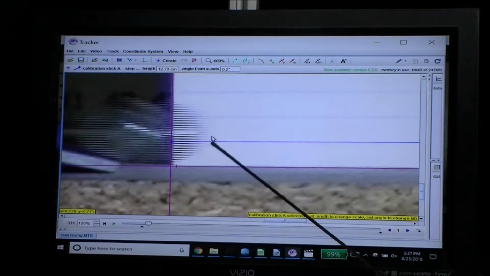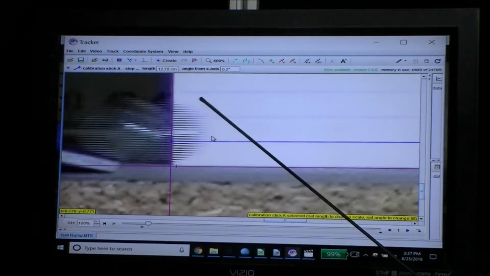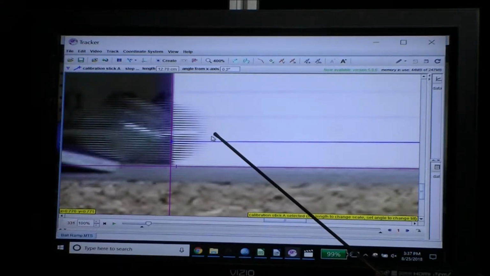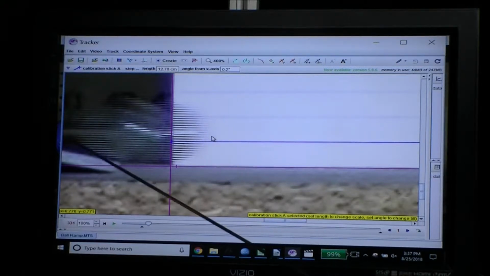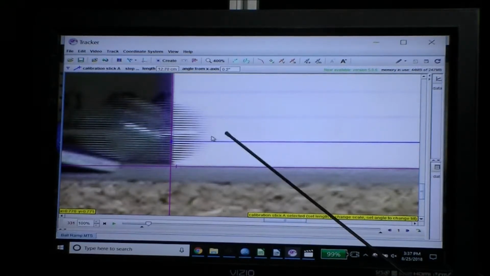But the leading edge of the image is really the position of the leading edge of the ball, and the reason is the camera doesn't know where the ball is going to be in the future. It only knows where the ball has been. So the blur is due to the motion, but the leading edge is actually the accurate indication of the position of the ball. So we put the cursor there and we write down the position